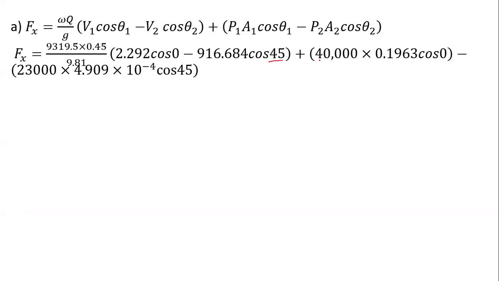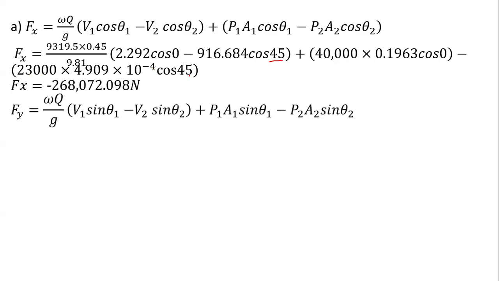Then again, pressure 1 is 40,000 times area 1, 0.1963. Theta 1 is 0, minus 23,000, which is pressure 2, times 4.909 times 10 power negative 4. This is our area 2. Theta 2 is 45 degrees. So with all that, our answer is negative